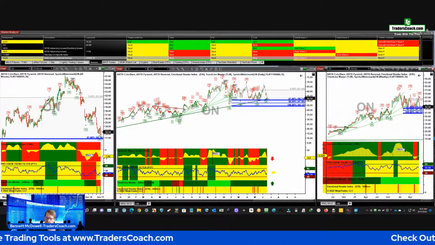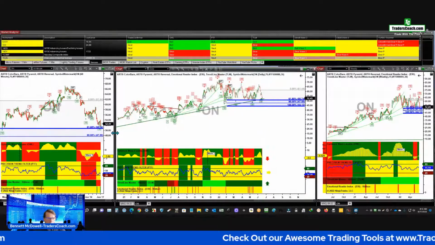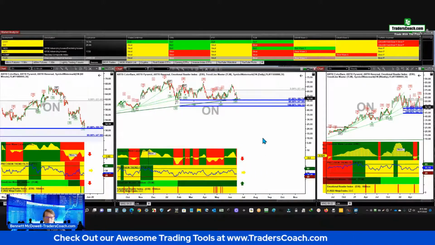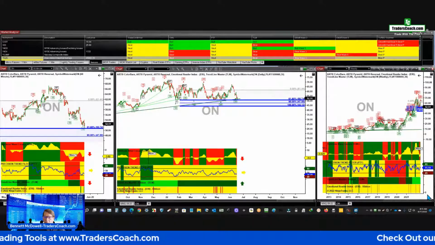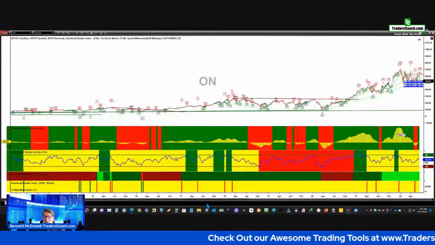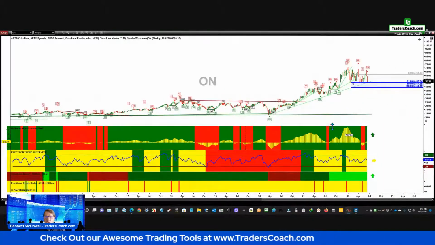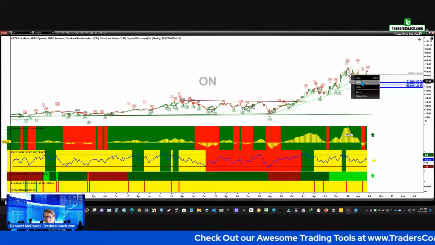All right, pretty much the same. So at this particular point, I would not go long on this yet. We're still coming down. The 60-minute chart is still bearish. We just have a bearish owl here. So I'd give it a little bit more time on this. And you can see on this chart here, this is a first huge move up. So the retracement level based on these numbers is going to be right around here, and that's if it's going to make another quick high. Otherwise, you're going to have to really wait it out a little bit longer on this.